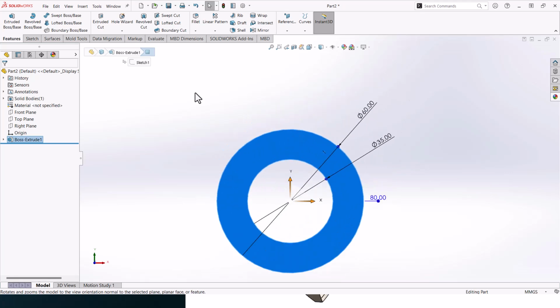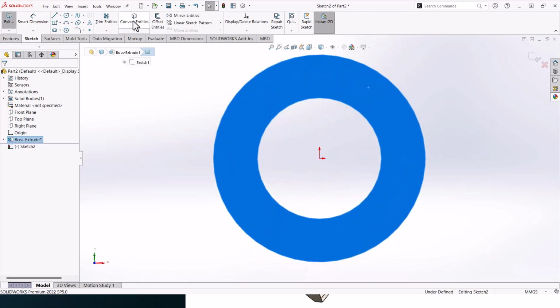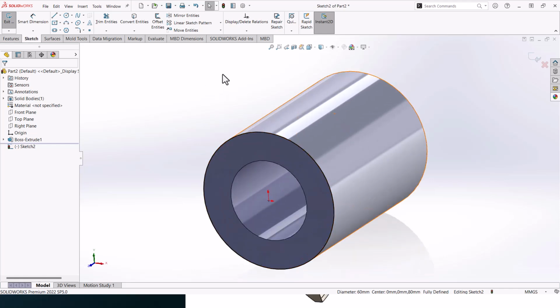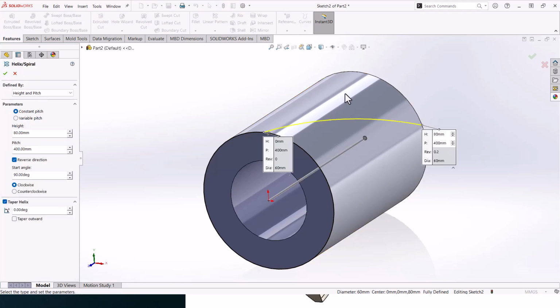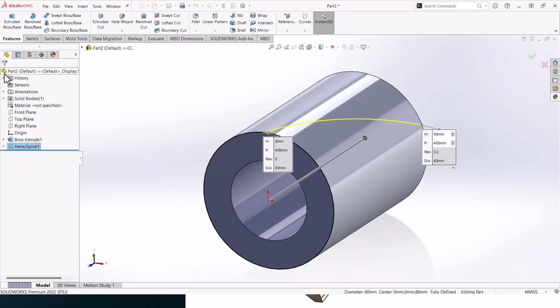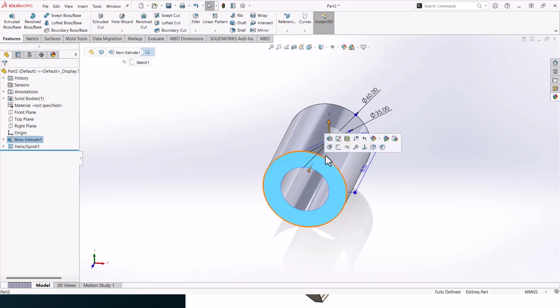Now we will create the curve or the helix. So click on the front face, go to Sketch, and then click on this edge and convert entities. Once you're good, click on OK and go to Feature, go to Helix and Spiral. So the length, let's go by height and pitch. So the height should be 80 millimeters and the pitch should be 400 millimeters. Right, so the starting point, let's just make it 90 degrees and click on OK. Once you get that, select front face again,